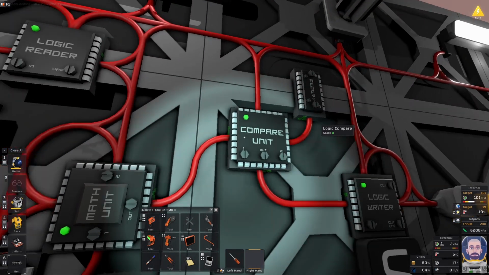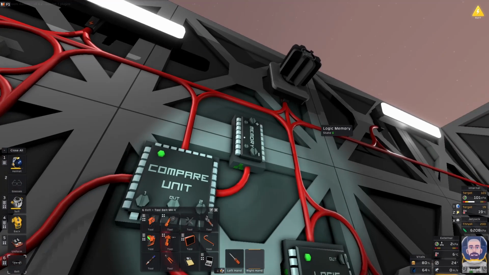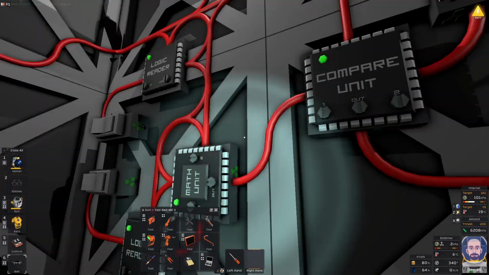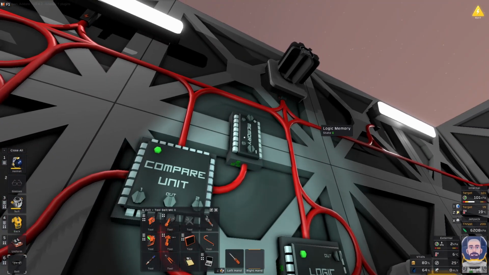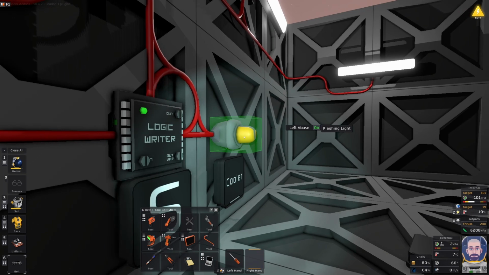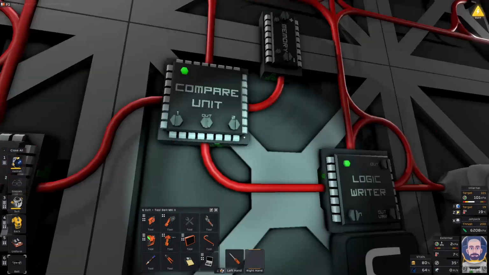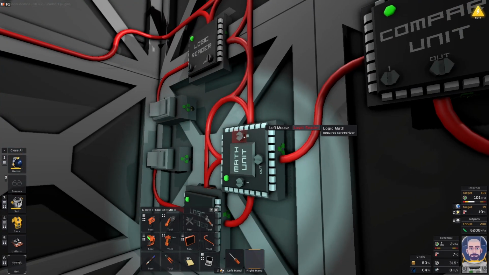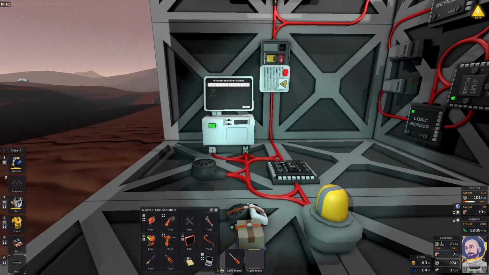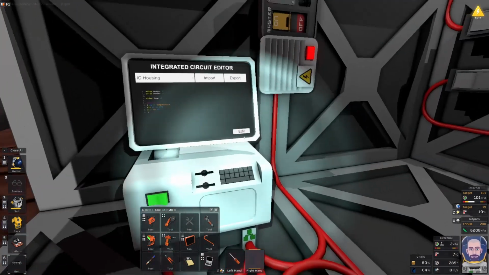This compare unit compares that maths unit with this. If the maths unit reads that the input here is greater than the 0, which is the memory, then it'll output 1, which will then be written to the device. Simple enough. So Boolean logic comes in a few different things, and what you just saw there would be expressed in here as